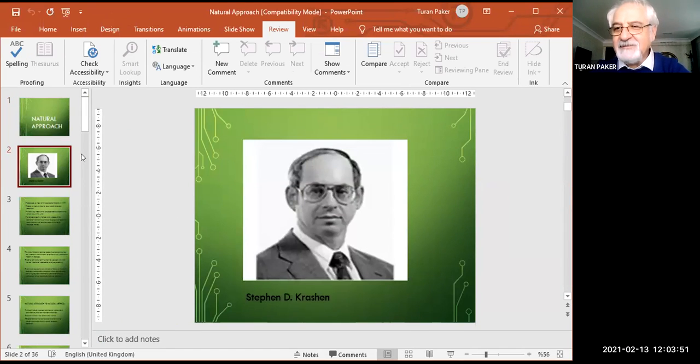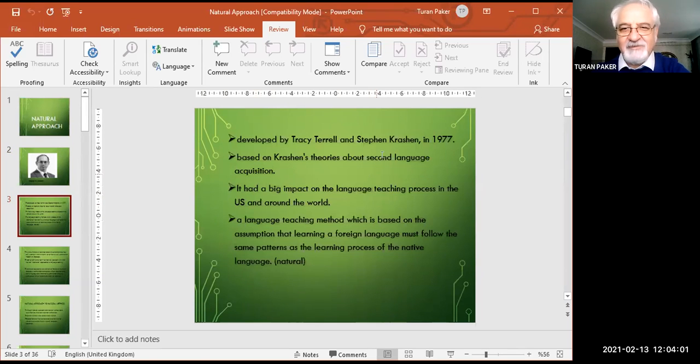Yes, this gentleman is American linguist Stephen David Krashen. He came up with this idea, natural approach, in the 1980s. He developed this approach with Tracy Terrell in 1977, and it's based on his theories about the second language acquisition process. It had a big impact on the language teaching process in the US and around the world,